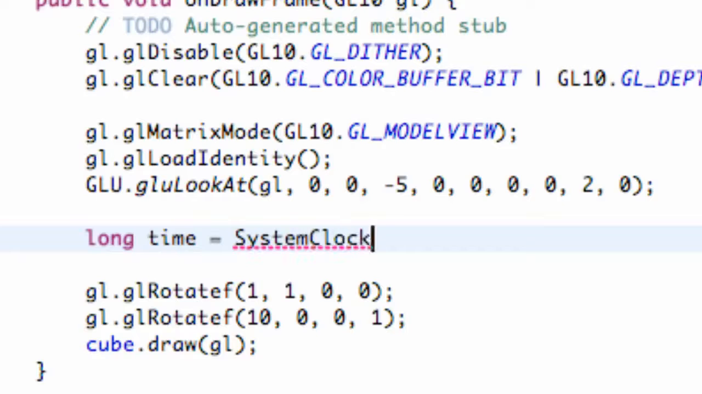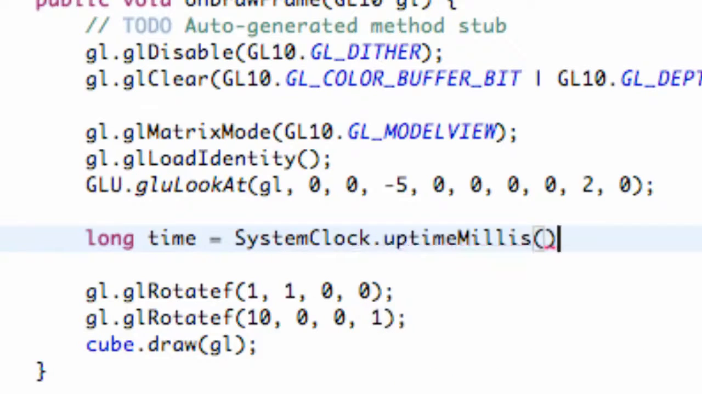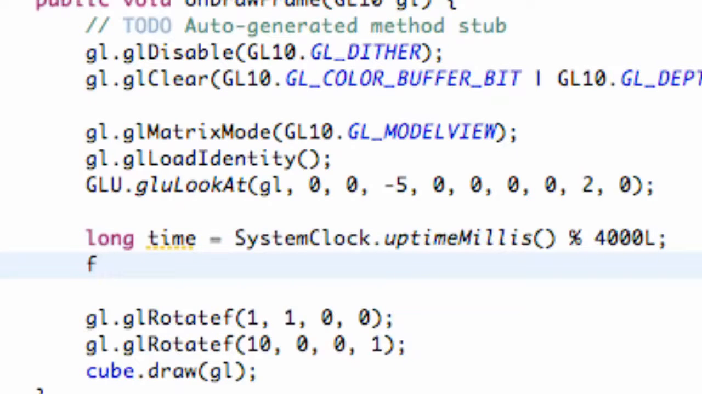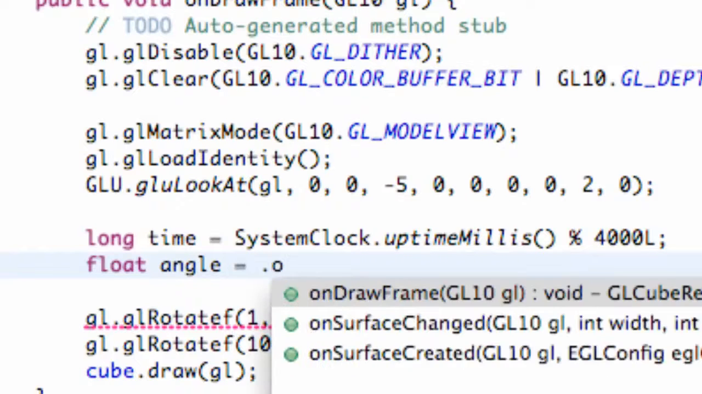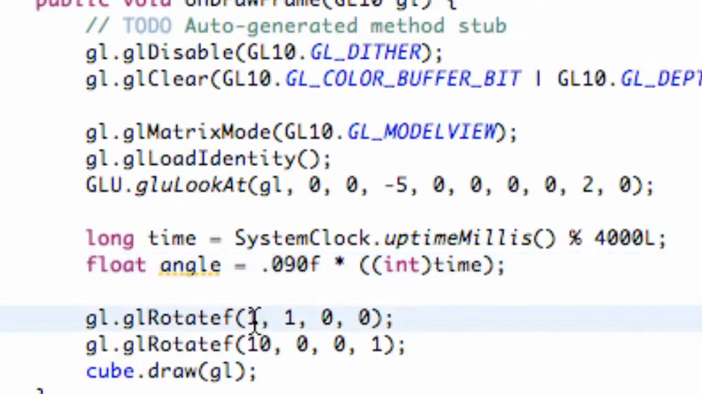I believe we did something like this with our stopwatch application, and we're just going to say dot update time, and we're going to get the modulus of this, so we're going to divide it by 4000 L, and then we're going to say float angle, and we're going to set this equal to 0.009 F times the int value of time. So there we go. Now we have our angle set up, which is going to change according to the actual